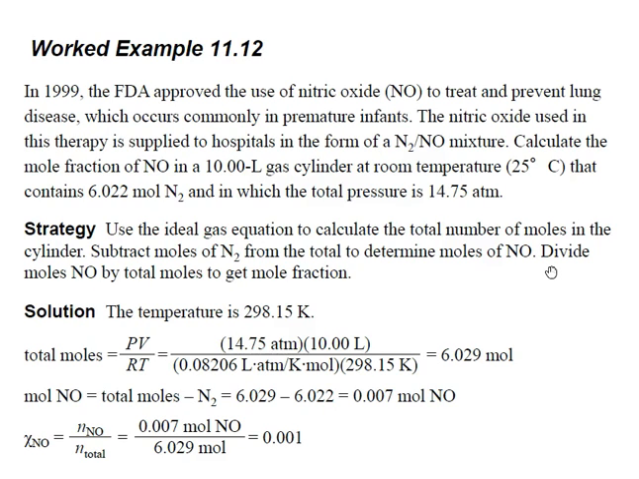11.12 is our next problem. In 1999, the Federal Drug Administration approved the use of nitric oxide, NO, to treat and prevent lung disease, which occurs commonly in premature infants. The nitric oxide used in this therapy is supplied to hospitals in the form of a nitrogen-nitric oxide mixture. Calculate the mole fraction of nitric oxide in a 10-liter gas cylinder at room temperature that contains 6.022 moles of nitrogen, in which the total pressure is